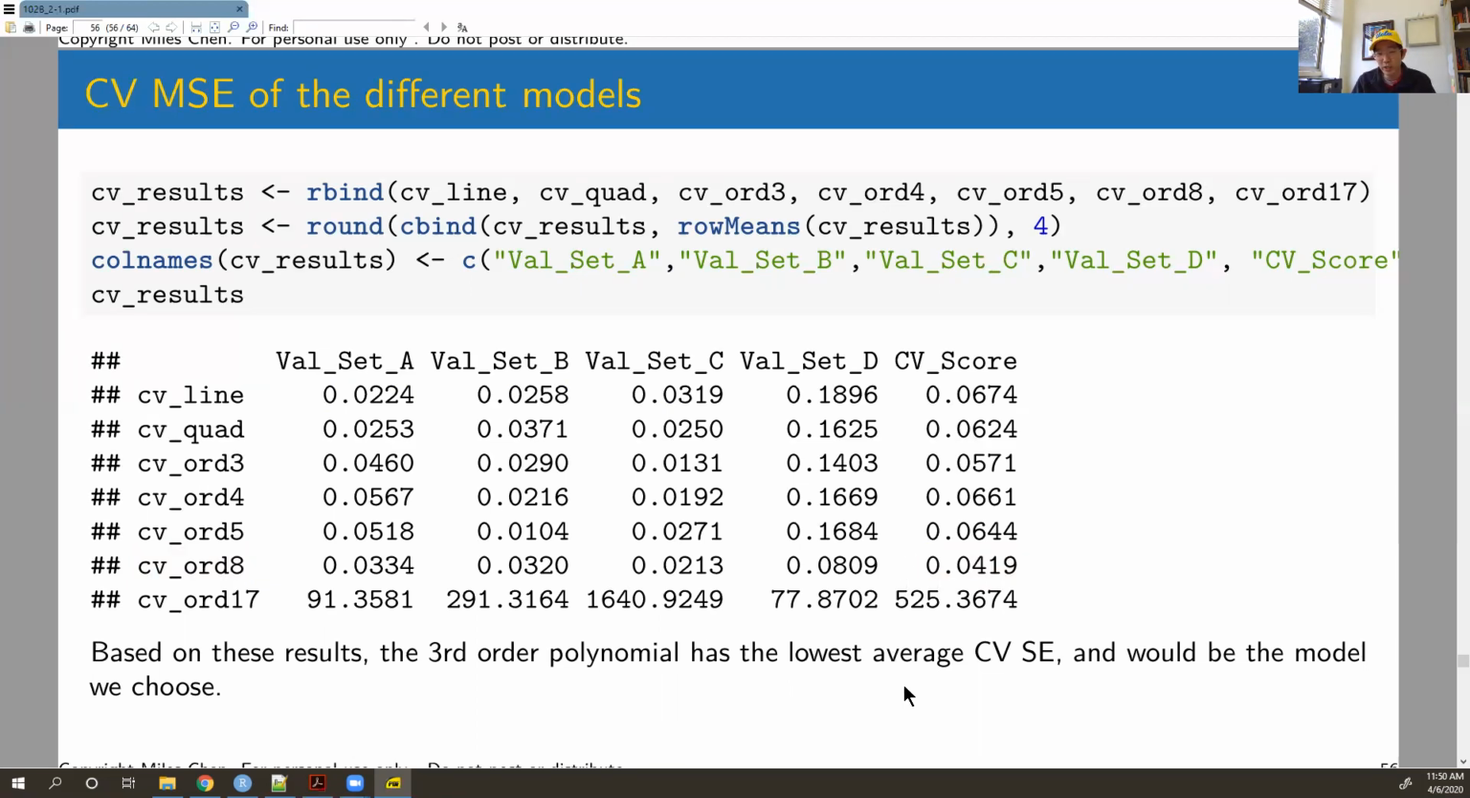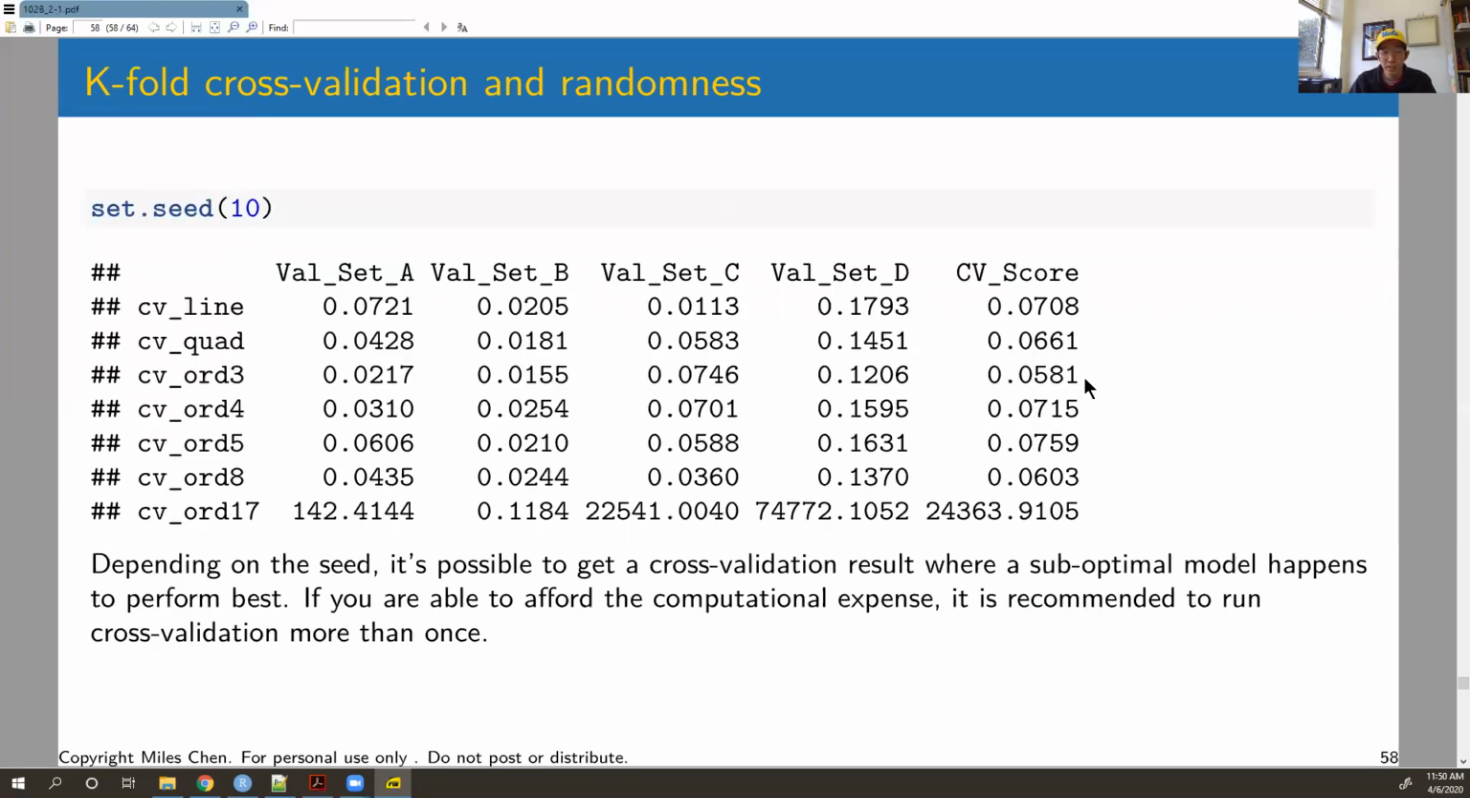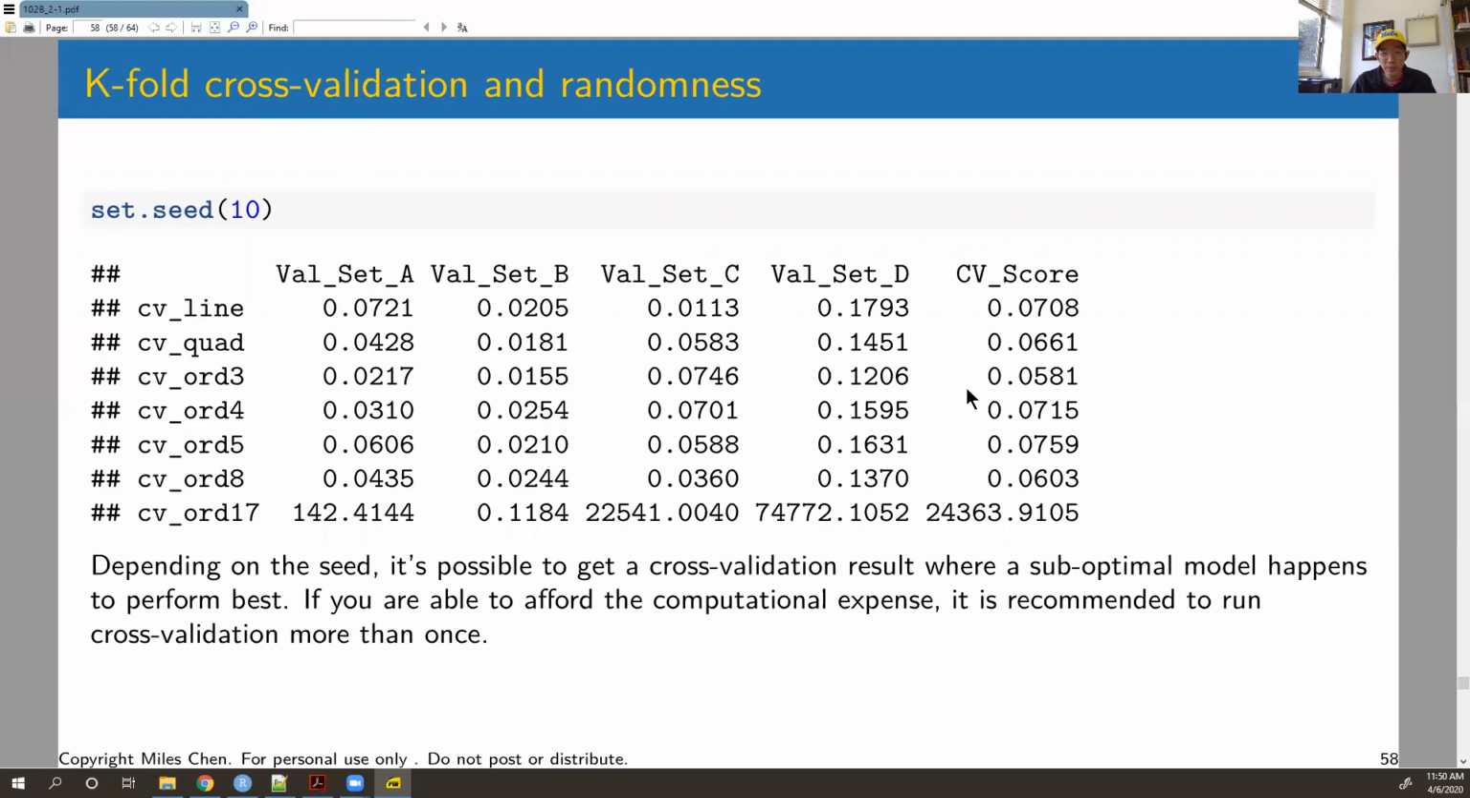So here I just run it again, okay? With a different seed. And when I run a different seed, 3rd order polynomial ends up being the lowest, okay? And the 8th order polynomial doesn't perform as well. It actually ends up being the 2nd worst, okay? And then when I come over to here and I do another random seed, 3rd order polynomial is the best, and the 8th order polynomial ends up